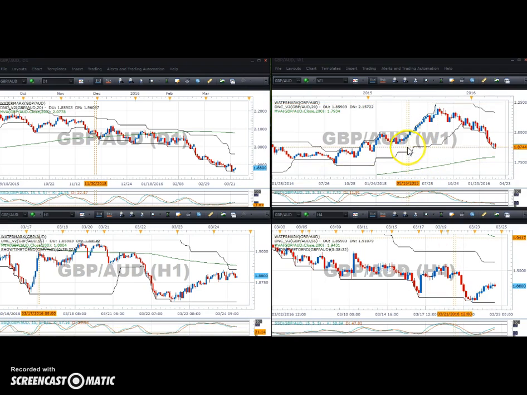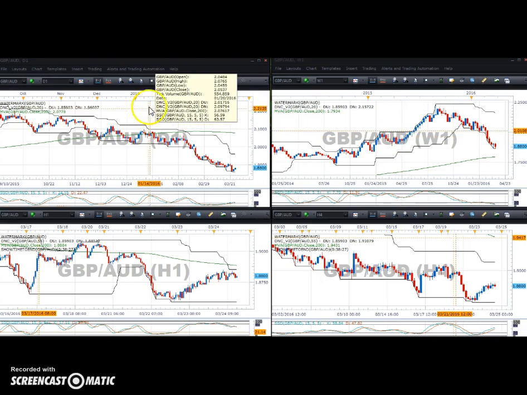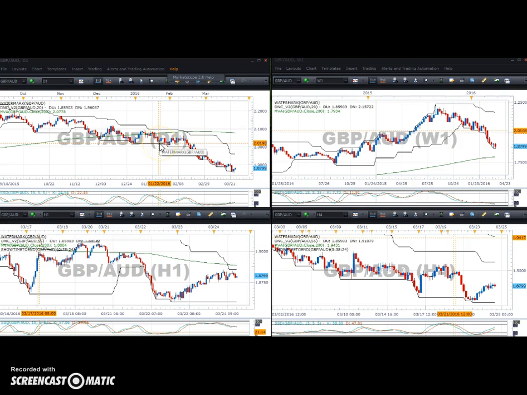So the way my charts are set up, I've got four here, multiple time frame analysis. I've got the weekly chart right here. I've got the daily chart where my cursor is now, 4-hour and 1-hour chart. And I've got the Donchian channels and 200 period moving average and slow stochastics set to 15, 5, and 5. Now, I mentioned